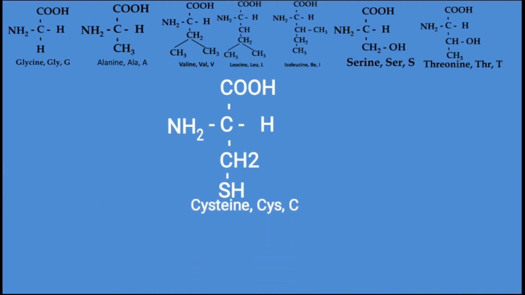The next compound is cysteine. To derive cysteine, take alanine and in the last methyl group add one sulfur, SH. So cysteine is called by the 3-letter code CYS and the 1-letter code is C, and it contains one S. So it is called a sulfur containing amino acid. The sulfur plays a major role in disulfide bond formation in the amino acid chains. That means the folding of protein molecules.